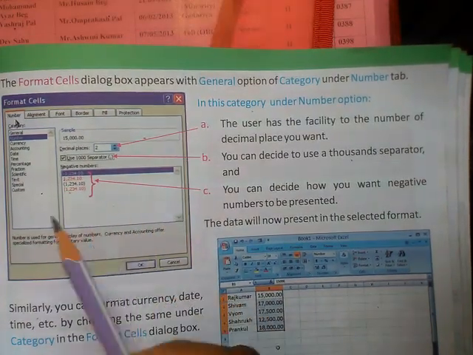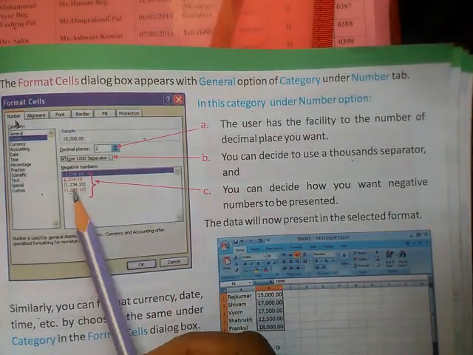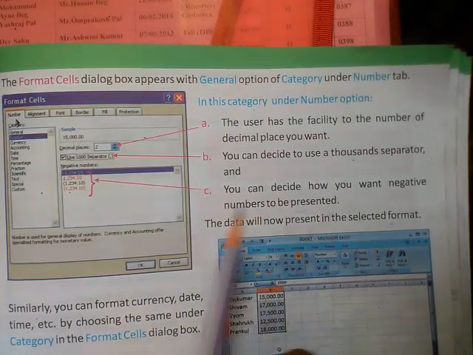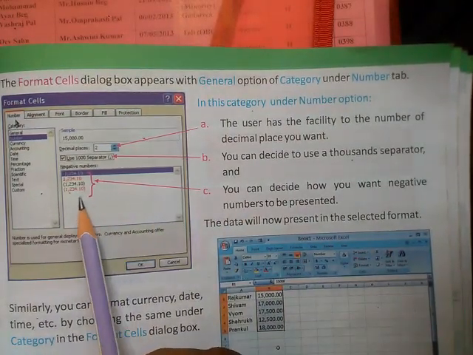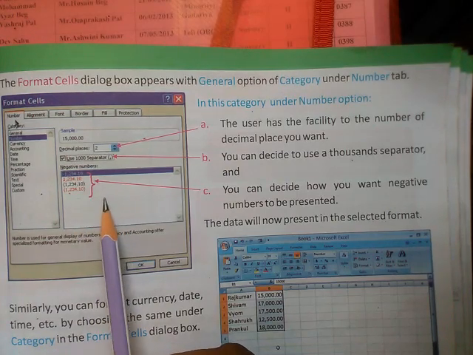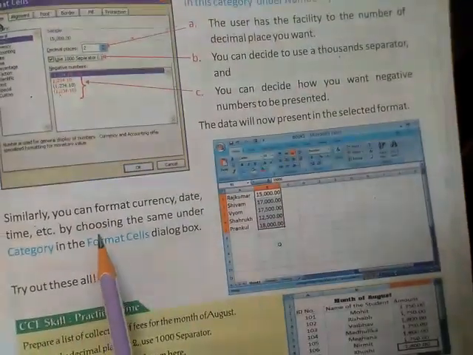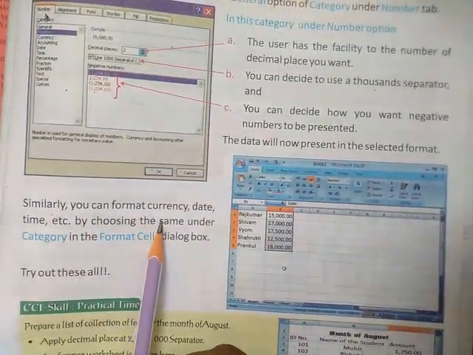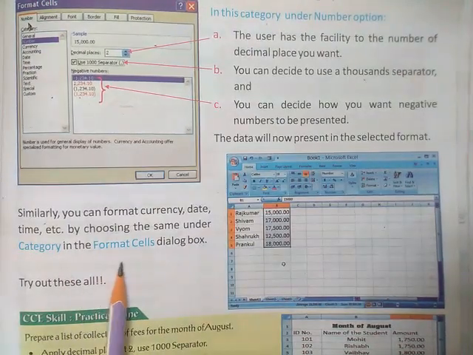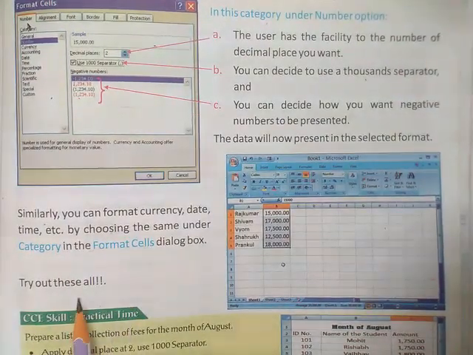As shown in this picture, the data will now be presented in the selected format. Similarly, you can format currency, date, time, etc. by choosing the same under category in the Format Cells dialog box.